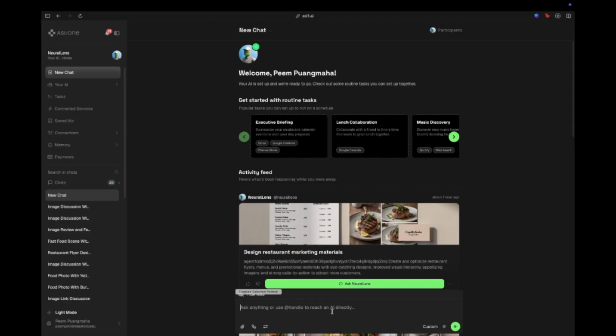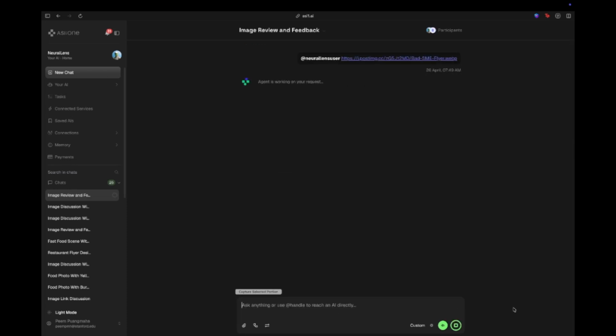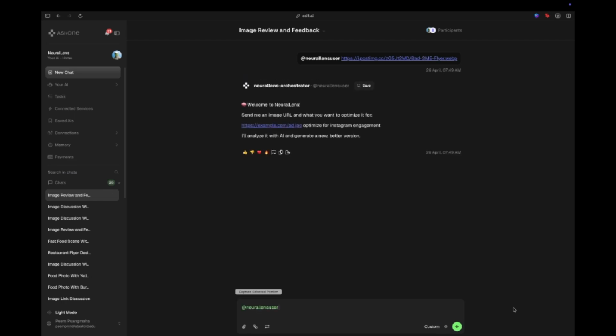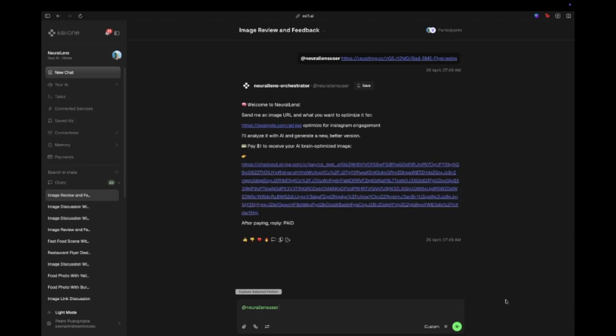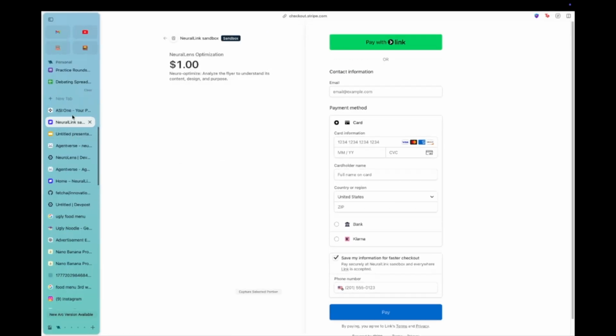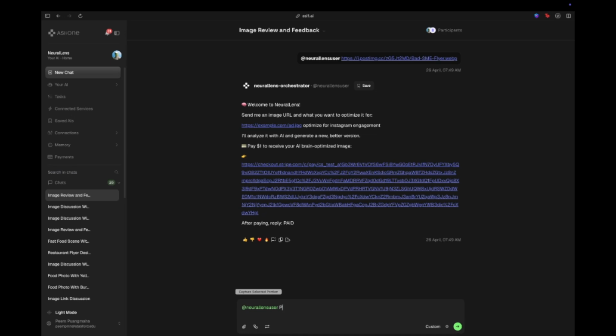Thank you. Hi, so I'll be showing you guys how this product of Fetch AI works under the hood. So for NeuralLens, we'll input a certain image into the file, and then for this file, we'll get out a payment system in which we'll have to pay $1 or whatever price we set in terms of Stripe. In the case where we have paid, it will type back that we have paid, and then